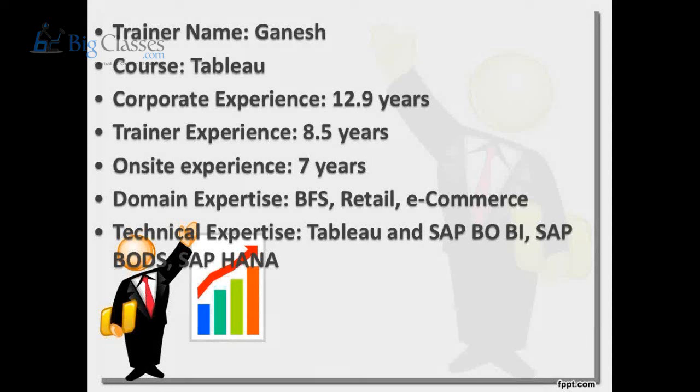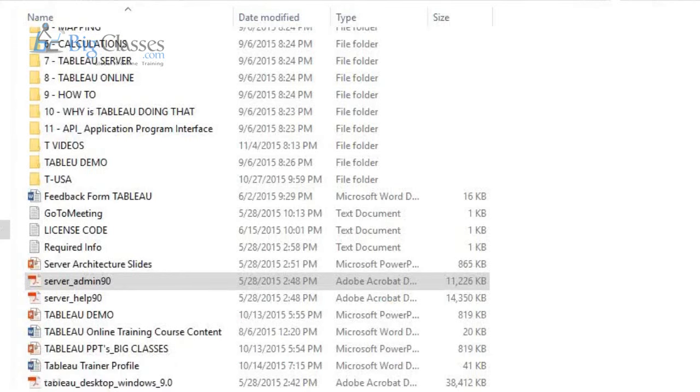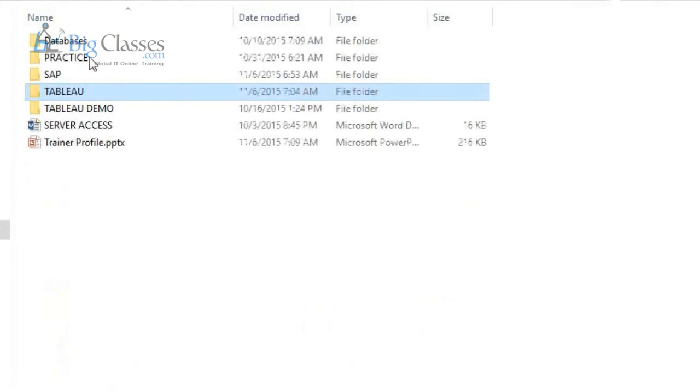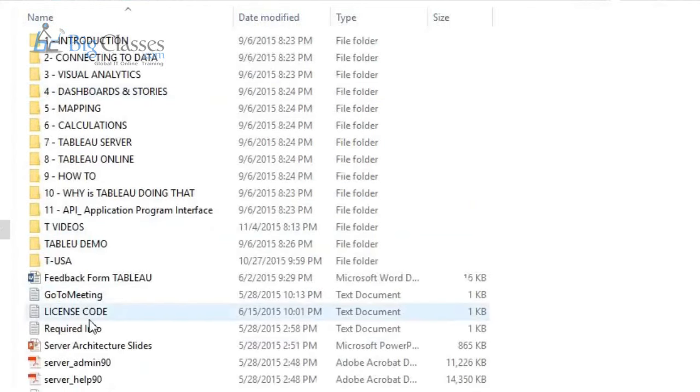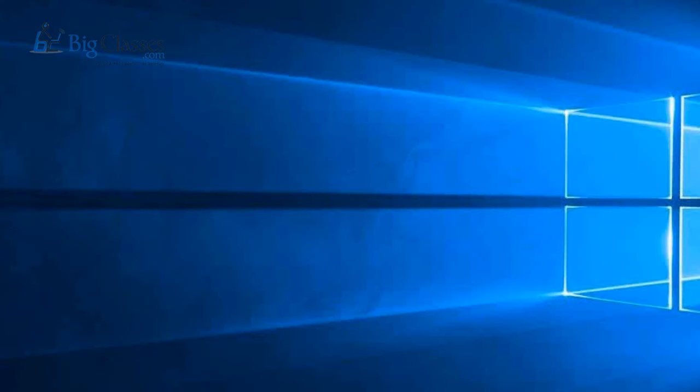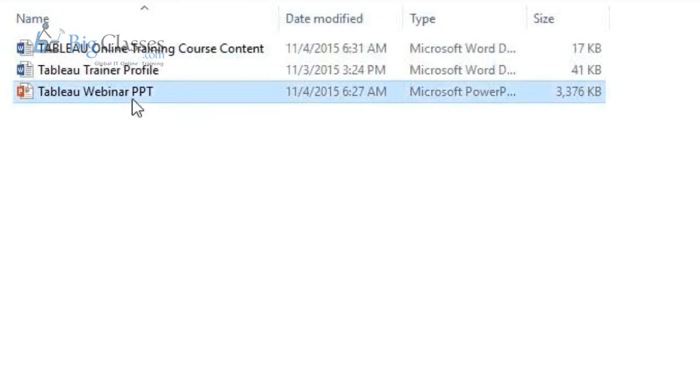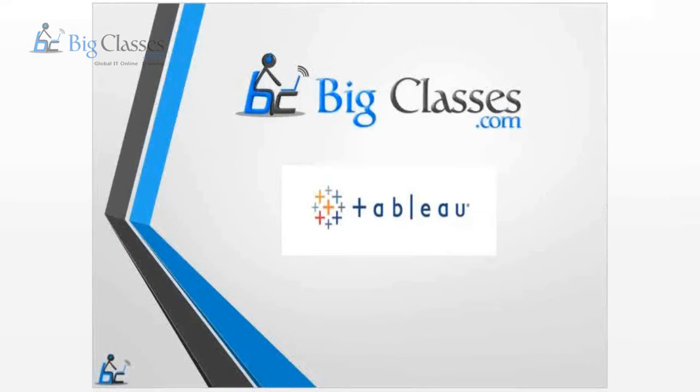But before that, I will let you know what Tableau is and what its purpose is. Tableau is a self-discovery tool, a data discovery tool, and also a data visualization tool.